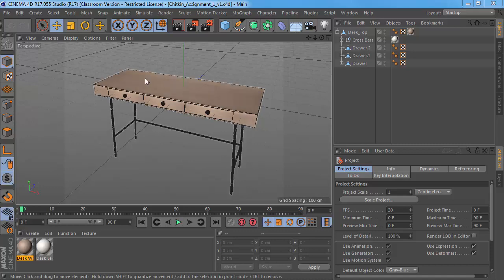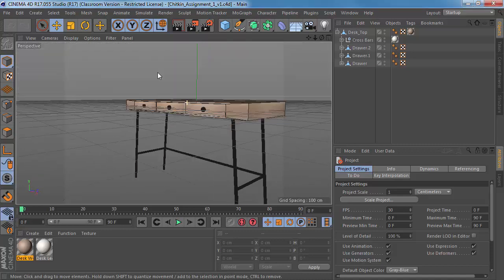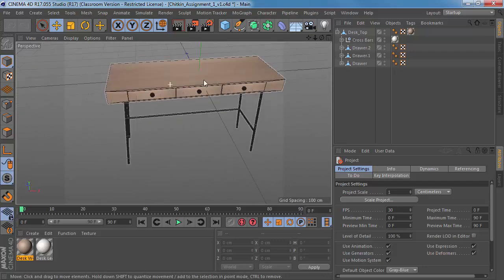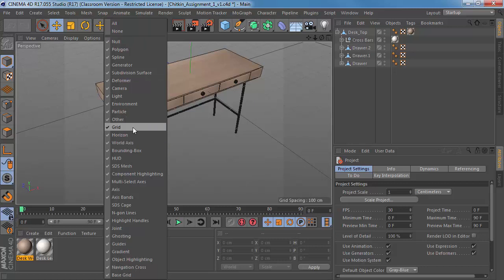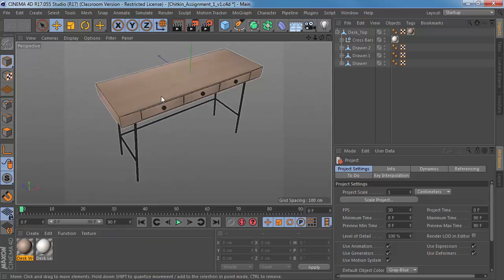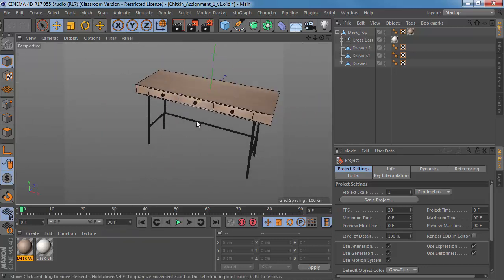Alright, so last class we modeled our desk. Just this pretty small, basic IKEA looking thing. So let's start out with the chair today, I guess, is probably a good place to start. So let's do the same thing that we did last time, which is go to Chrome, and we're gonna find